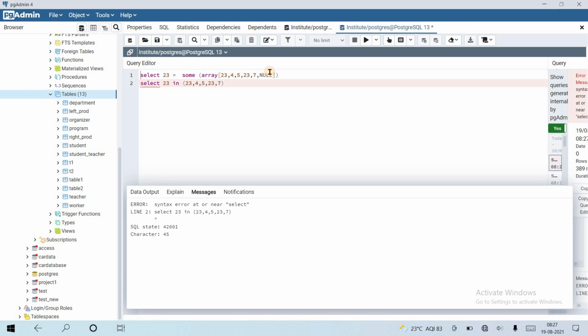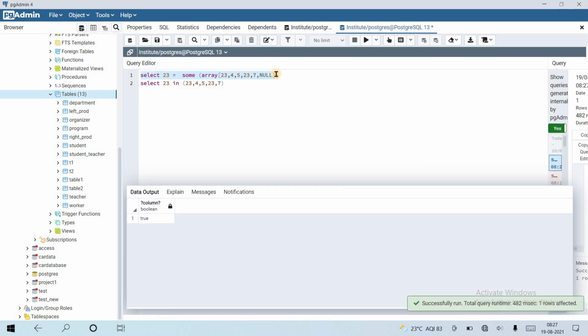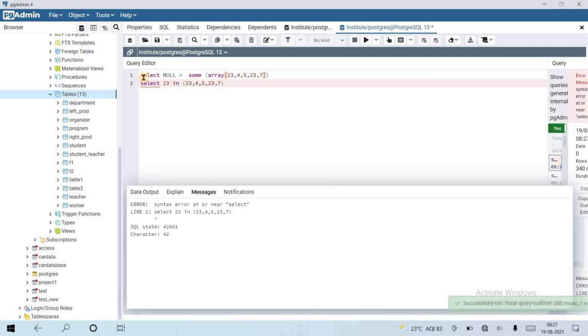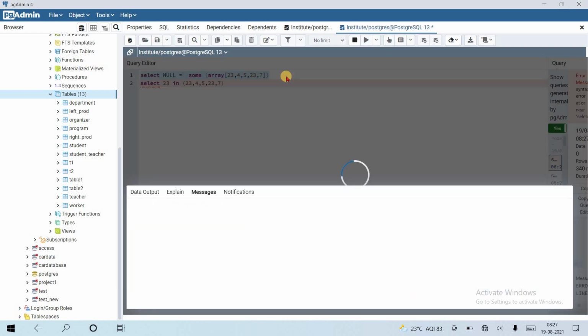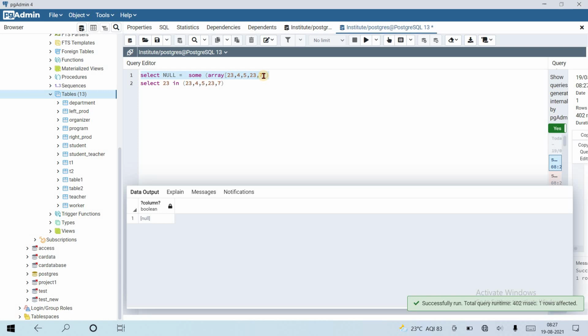No, it will return a true. What if I find a null value inside this? It will return null, not true or false. If I find a null value and null is not present, then also it will return null, no result, because it cannot work with null values.